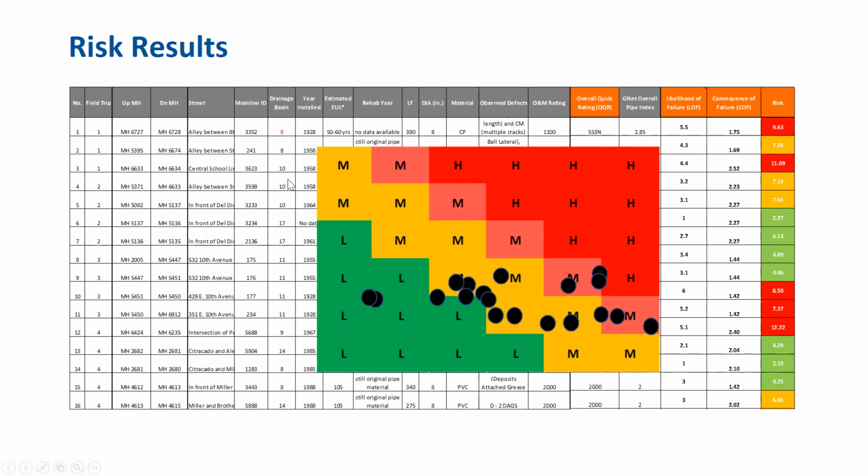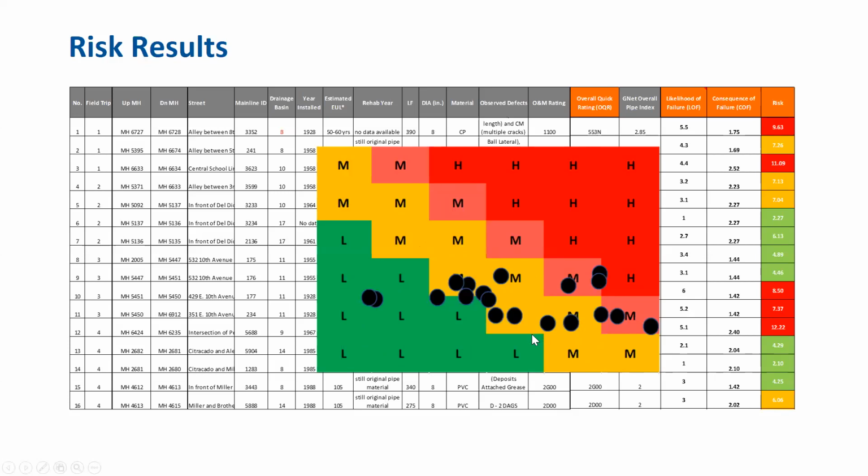Likelihood of failure on the left-hand side, and on the other axis, the consequence of failure. The colors represent risk: green probably doesn't require as much frequency of maintenance compared to the pipes going towards the red and higher, right? Monitoring really applies to the ones in the middle section, the orange ones here, very much having some significant